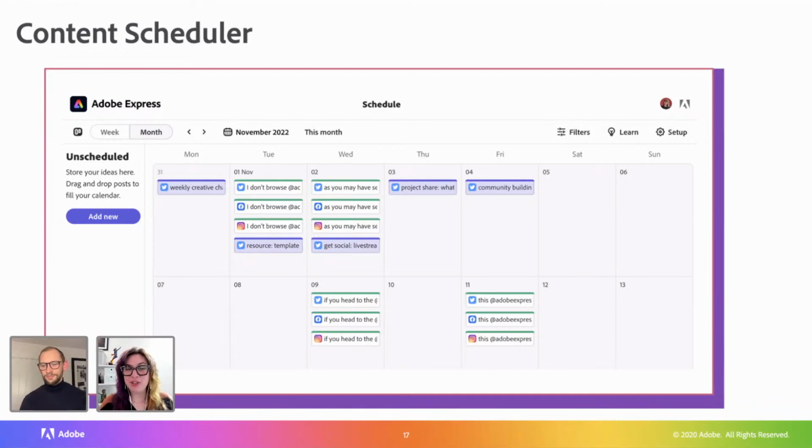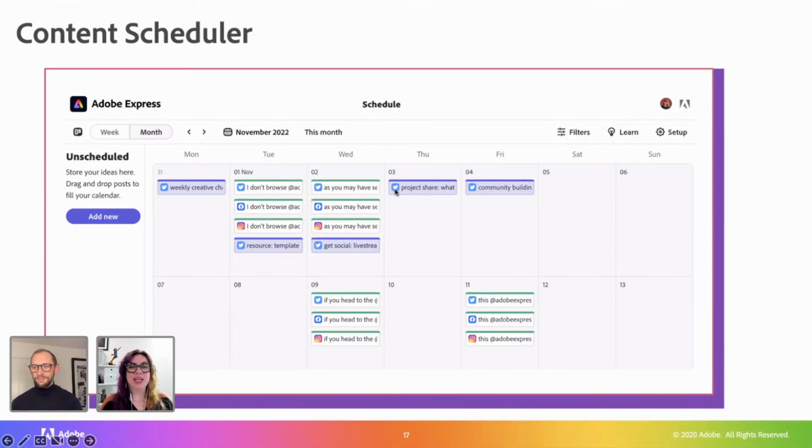But here is my favorite trick. If you see the kind of purpley, yes, the purpley post here, that is a draft post, which you can use to plan. And you can do that with a free account too. So I can plan what I want to go out each day, even if I don't have all the content ready to post. And clearly here I missed a couple days. So you can use it however you want. But I love that, it's a trick that Andy taught me.